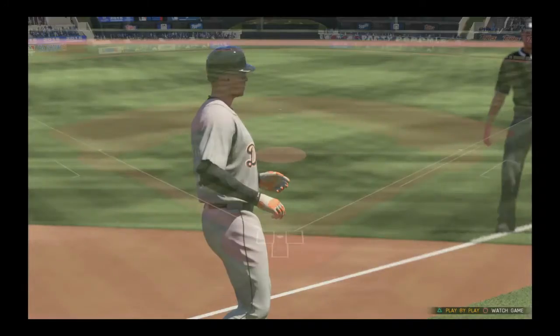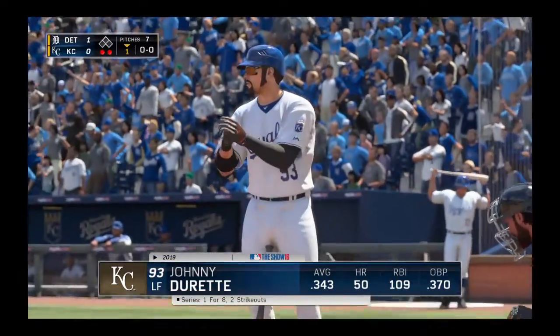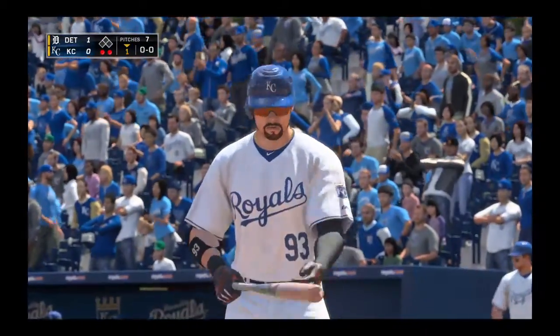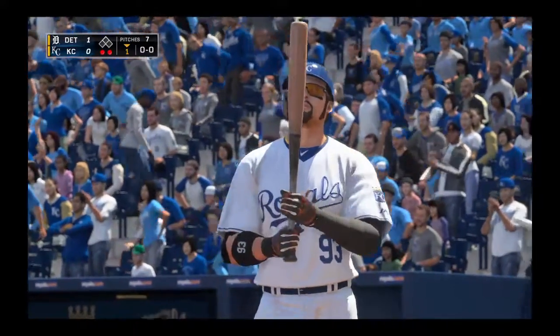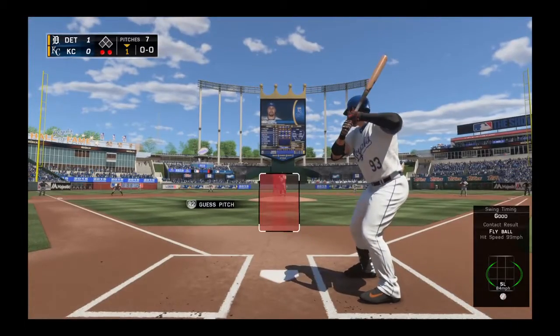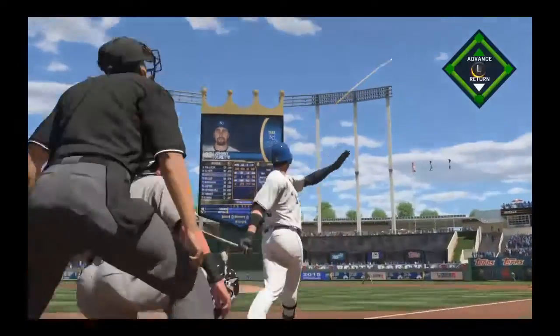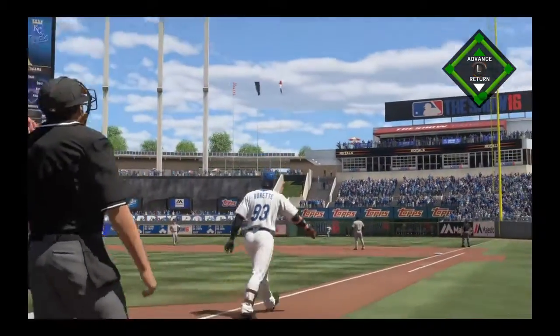So a moment now to take a look at the starting lineup for the visiting Detroit Tigers. Who are you focused on, EK? Well, I think the focus has to be on the man hitting third. He's been a menace to opposing pitchers lately. He's hit 4 home runs in the last 10 ball games. He's shown that he's a serious power threat, so they better be careful not to leave any mistakes out over